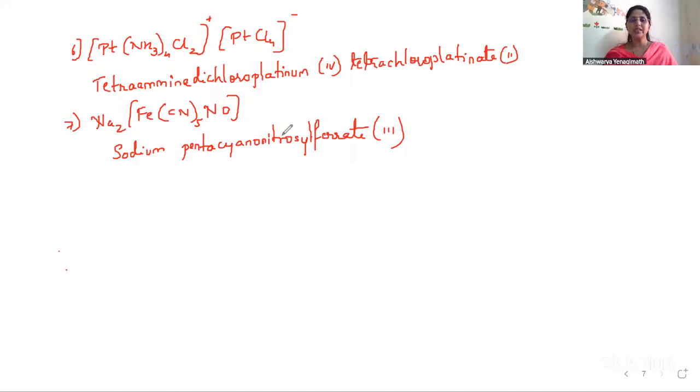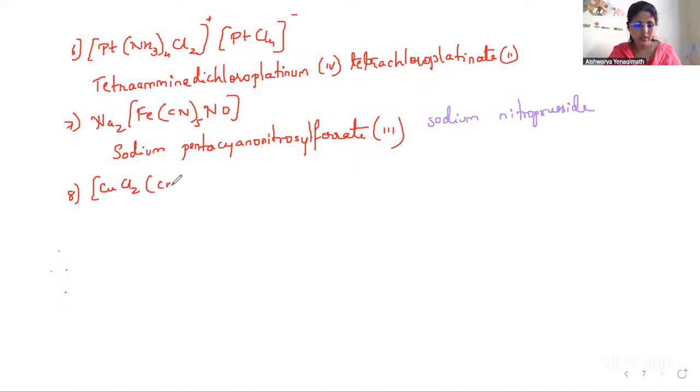Yes, this is a very important example because this sodium pentacyanonitrosylferrate is also called sodium nitroprusside. You can call it sodium nitroprusside also. Frequently asked question, yes, in the competitive part. Okay, fine. So it is also called sodium nitroprusside. Coming to the next example,